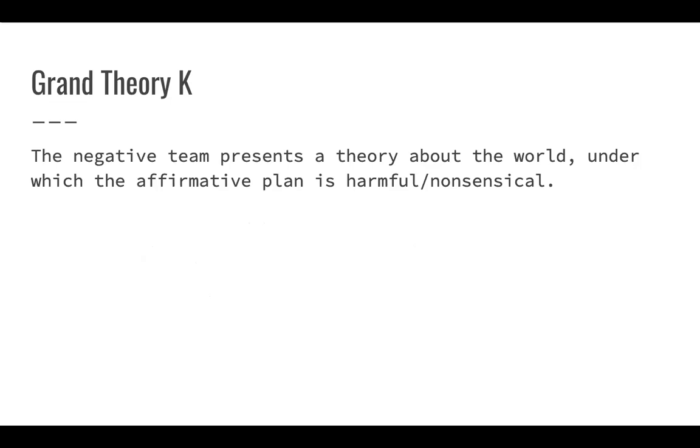There's one more type, the grand theory K, which I find a lot of fun, but is probably the least effective, especially in ISMO, and also the broadest. So you'll be able to run it against the largest number of cases. So in a grand theory K, the negative team presents a theory about the world under which the affirmative plan is harmful or nonsensical. Good examples of this would be the cap K, which has a totalizing theory